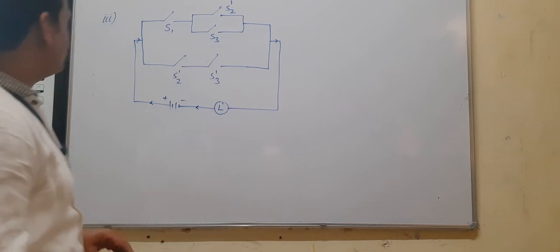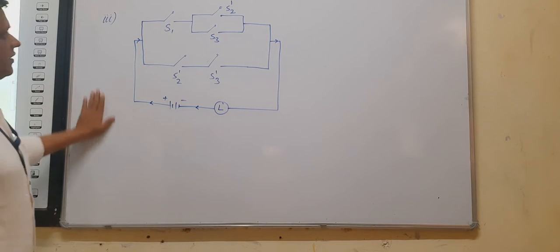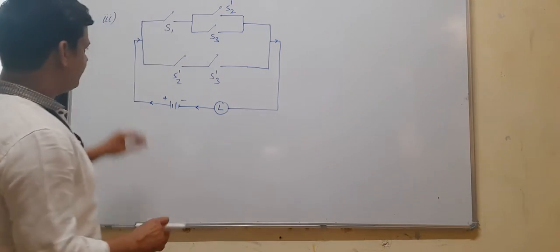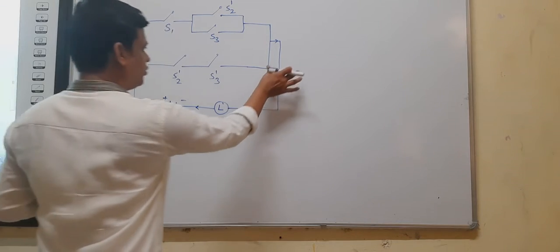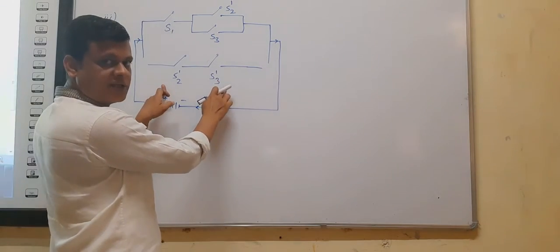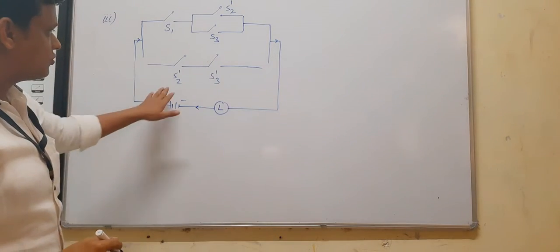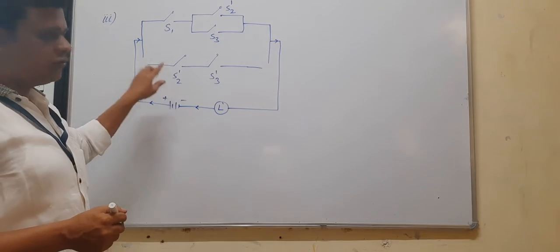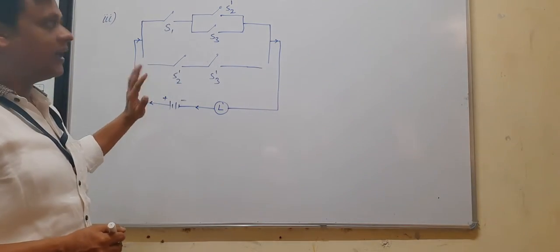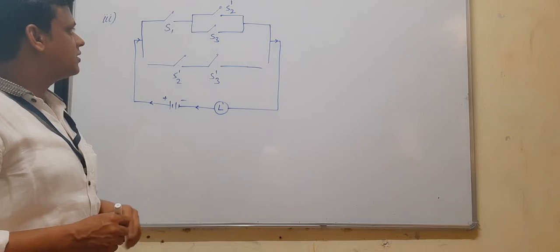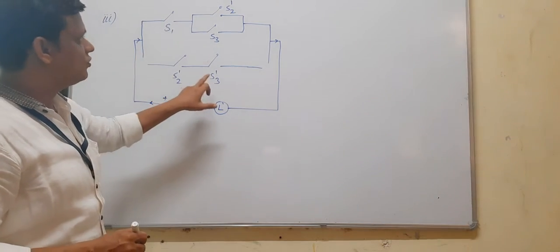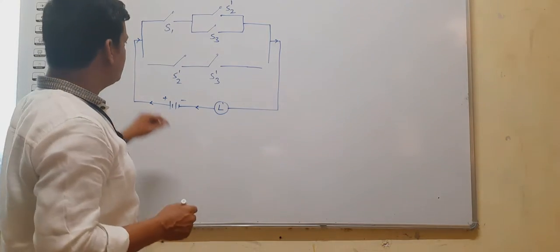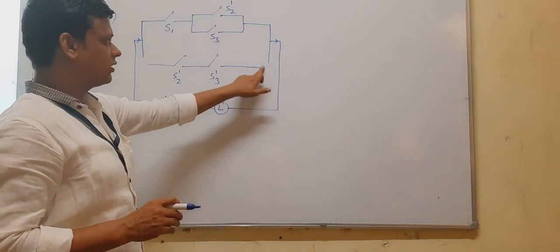Now see example number 3. Now we separate the circuits one by one. First we separate this circuit because these two switches are in series combination. So we write the symbolic form for this circuit. You write the statements P, Q and R yourself, because here the total number of switches is 3: S1, S2, S3. So write P, Q, R, negation P, negation Q, negation R. I directly write the symbolic form for the given switching circuit.